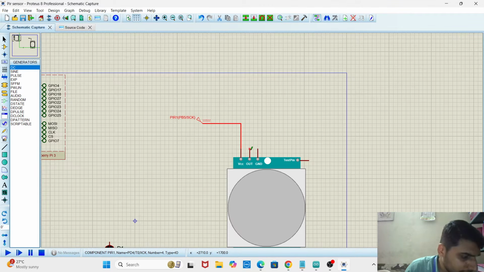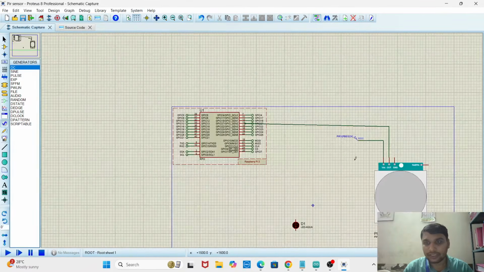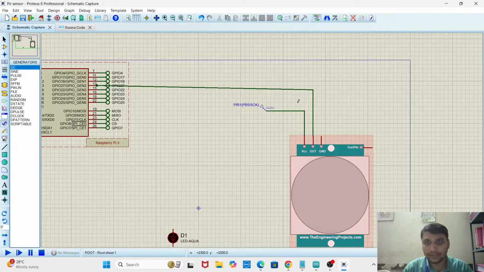The V out will go to pin number 13. Right? Pin number 13. So from the V out, select the wire and it will go to pin number 13. Right? So the connection is done from the V out to pin number 13, and the other one will go to pin number 7